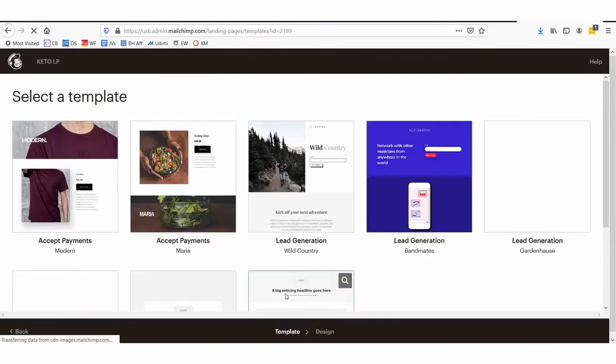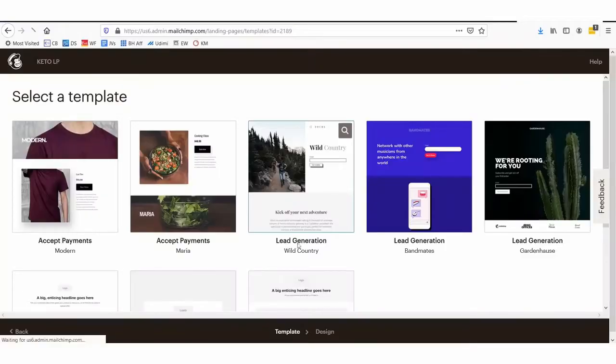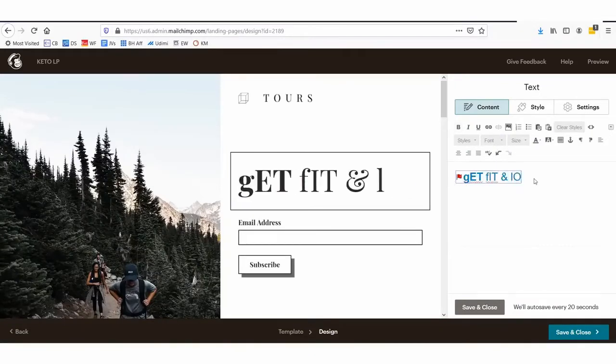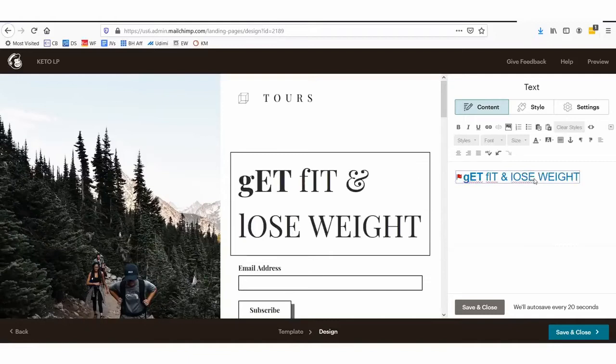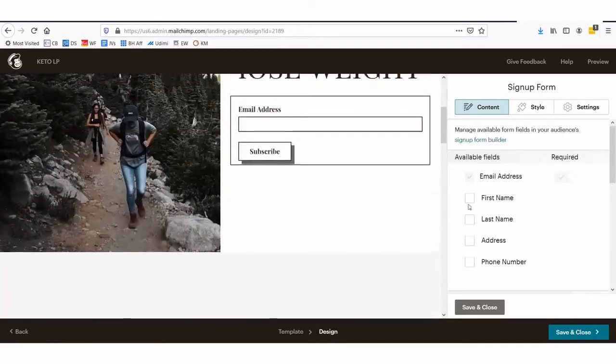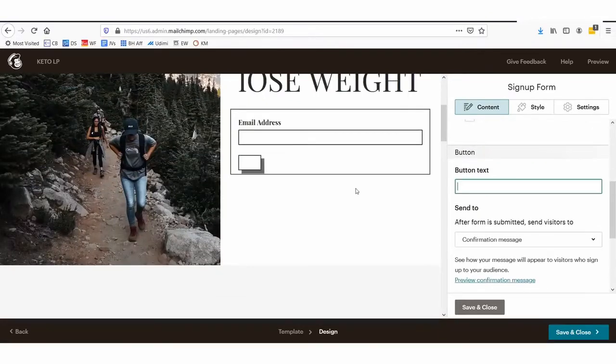Now here we've arrived at a spot where we can select a number of different styles. It depends on, I don't know, what do you think looks best? Let's just say this wild country looks like the best fit. So we might say get fit and lose weight. And we will change this. So we click that, and then the button text will say get free information